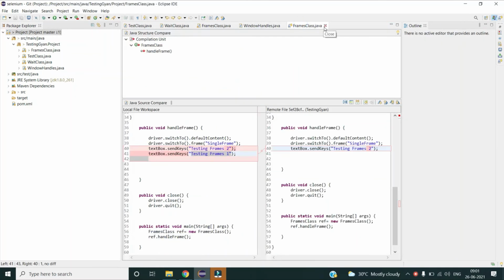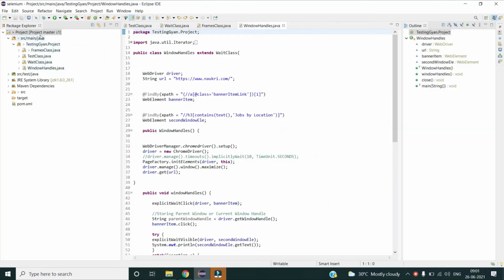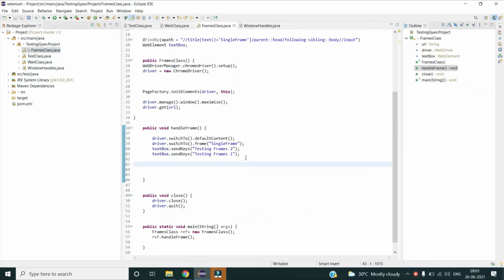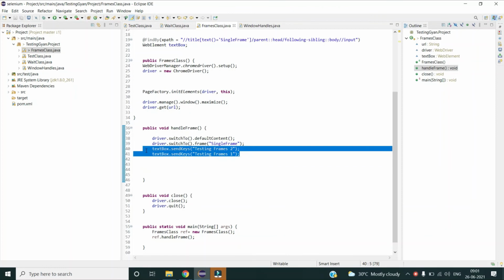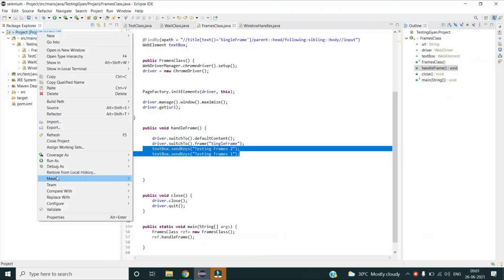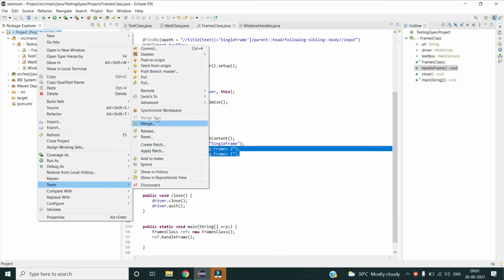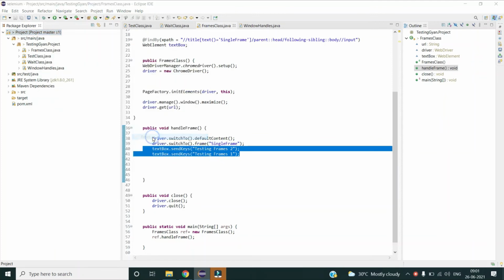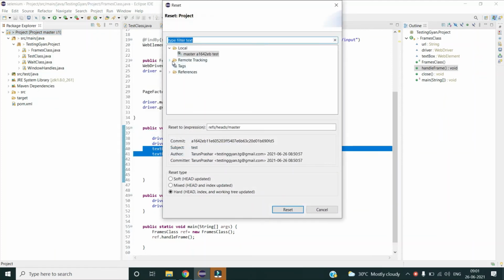So if I close this comparison now, and I keep the backup of my local change, or whatever changes I want to keep, I will keep their backup somewhere. For now I will just simply copy, and then I will do the reset. I will reset to the latest commit in the remote repository, so that my projects are in total sync with each other again.